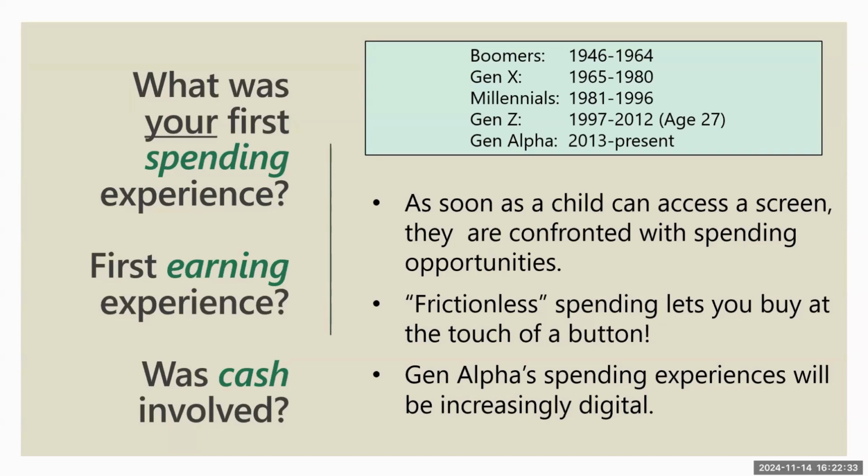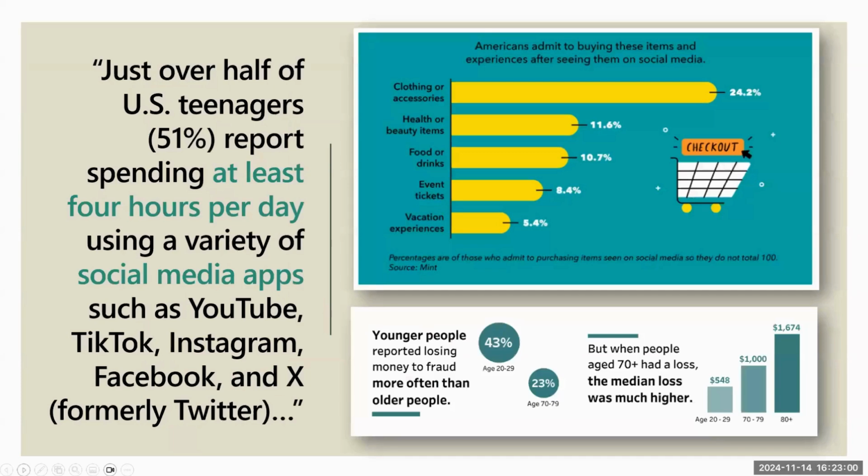And that's a completely different experience than what you and I might have had. So as we look at Gen Alpha, which are all of our students right now, their spending experiences, how they look for things, how they shop for things and compare, it's not going to stores anymore. It's all happening online. And so we really want to keep that in mind as we think about personal finance. It isn't and shouldn't be just balancing a checkbook anymore, because that's an obsolete tool, unfortunately.